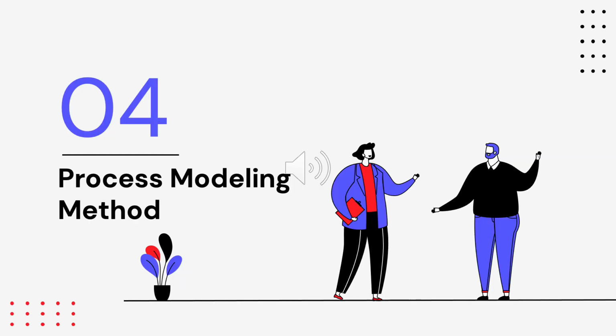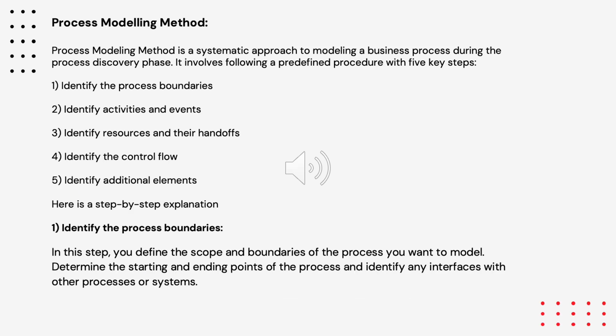In the fourth section, we're going to discuss the process modeling method and the 5 key steps. In this slide, we're going to discuss the process modeling method. The process modeling method is a systematic approach to modeling a business process during the process discovery phase. It involves following a predefined procedure with 5 key steps, and the 5 key steps are: the first step is